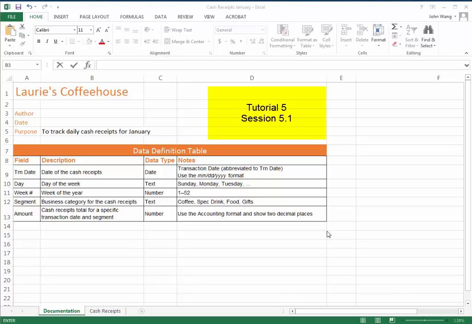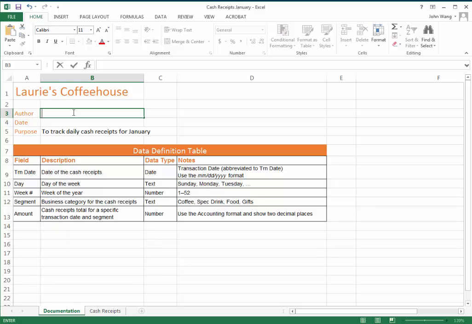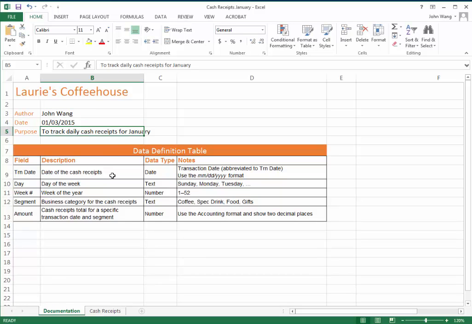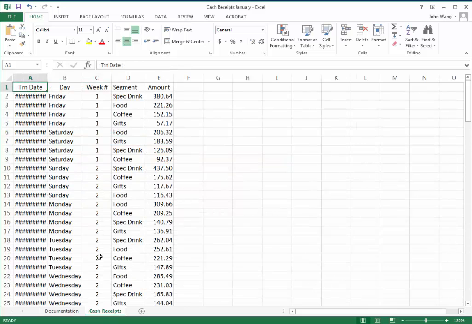Excel table. I have opened up the spreadsheet which came with the textbook, and the spreadsheet was January.xlsx, and I have renamed it cash receipts January. So I'm going to the documentation tab worksheet to enter my name, and then today's date. And then I am going to start following the directions on EX262, which require you to go to the second